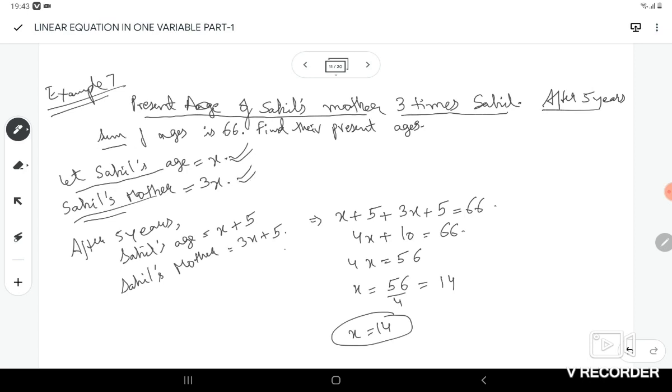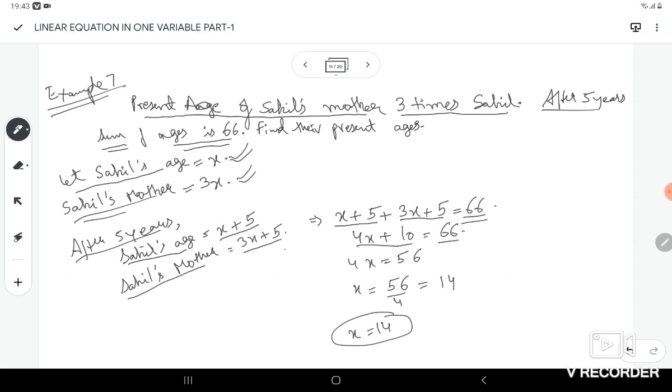After 5 years, the sum of their ages is equal to 66. Now after 5 years, Sahil's age will be equal to x plus 5 and Sahil's mother's age will be equal to 3x plus 5. Now it is given that the sum of the ages after 5 years is equal to 66. So x plus 5 plus 3x plus 5 will be equal to 66, which gives us 4x plus 10 equal